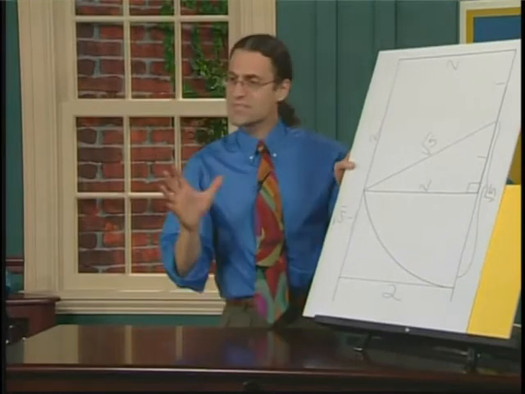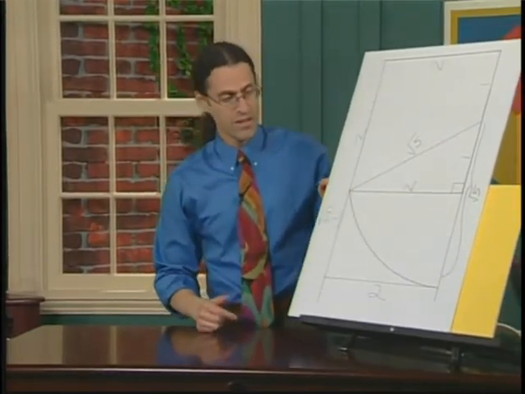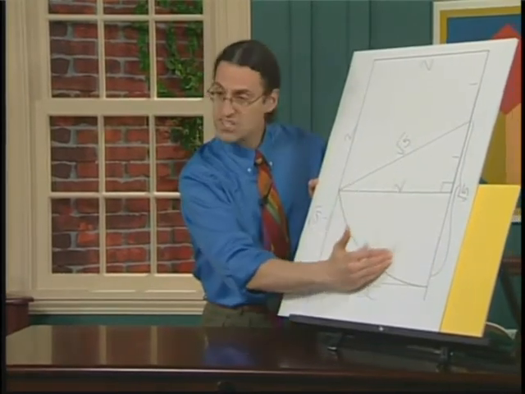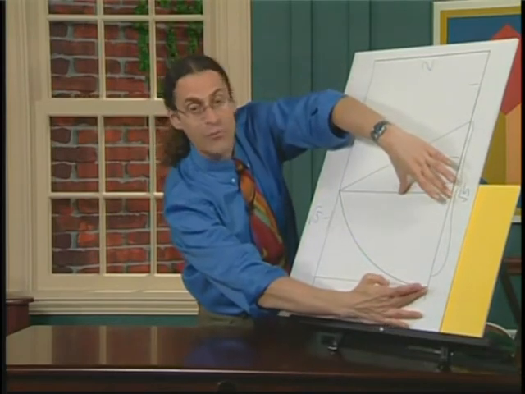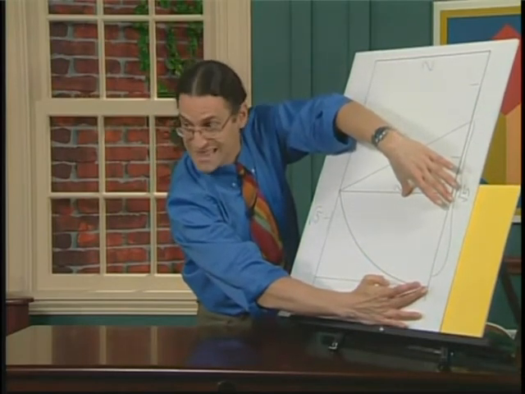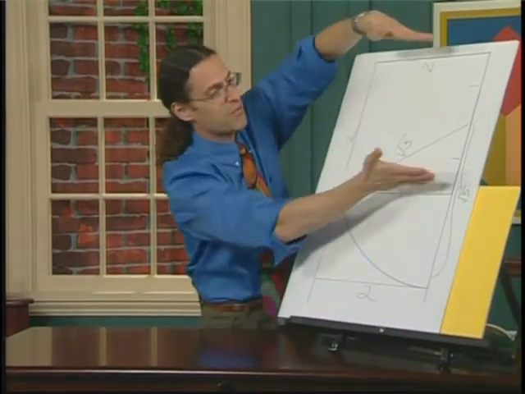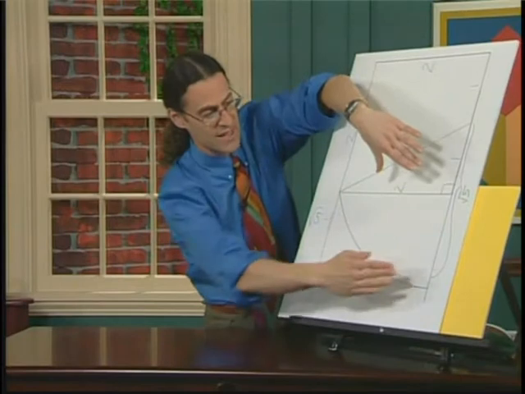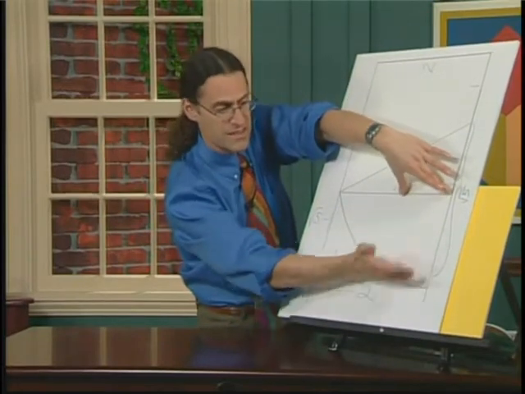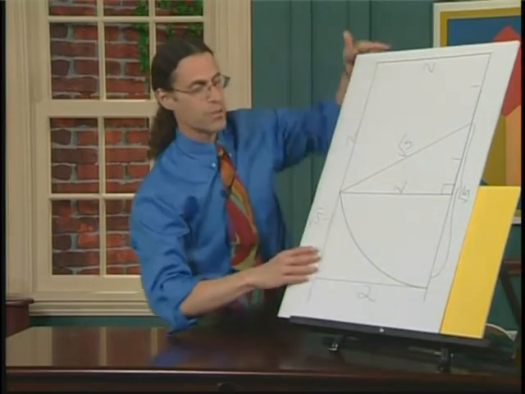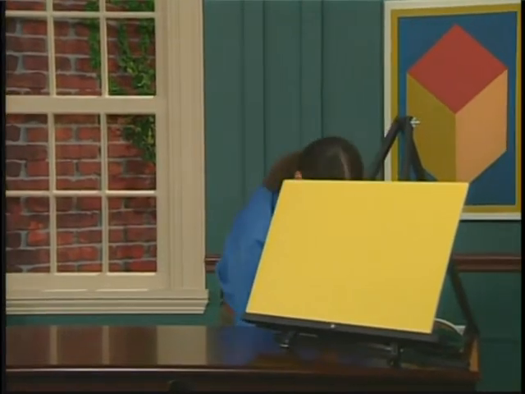Well, okay, but this is fantastic, because if this is a golden rectangle, then if I cut off the largest possible square that I can, then I'm left with a little rectangle here, and what about that rectangle? Well, it's a golden rectangle by the exact same principle. I start with a big golden rectangle, cut off the biggest square, I'm left with a golden rectangle. Repeat. Cut off the biggest square, I'm left with another golden rectangle. I can actually repeat this again. Cut off the biggest square, I'm left with a golden rectangle. And if I were to do that, what we'd get is a fantastic image